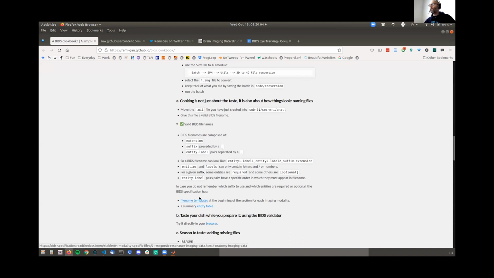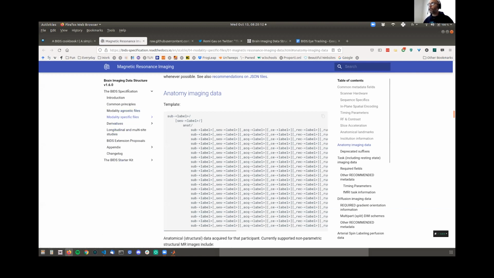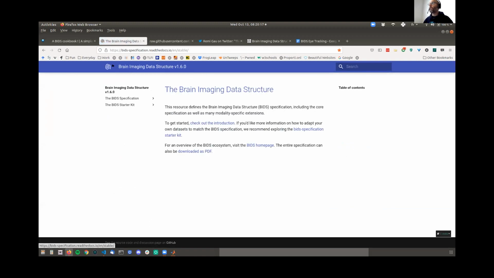If you're interested in figuring out what entities you can use for a given data type, this is the BIDS specification. So I'm going to show you how you would get there. This is where you're going to land when you get into the BIDS specification, right? I wouldn't call it the Bible of BIDS, but this is the reference we go back to if we want to figure out how things are supposed to be named or organized.